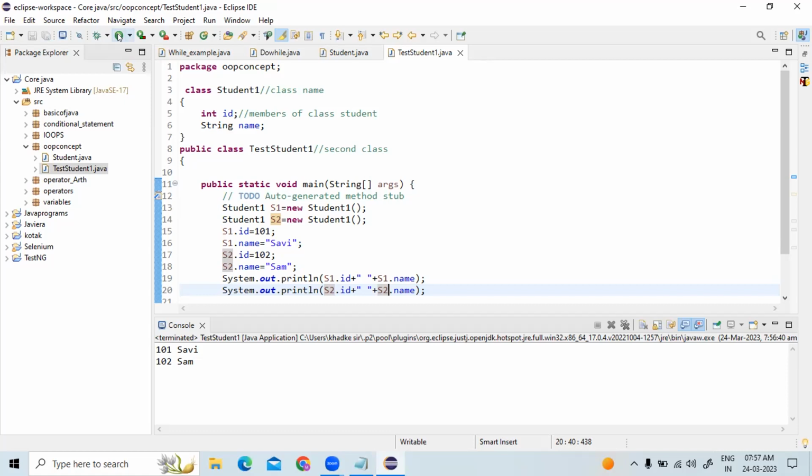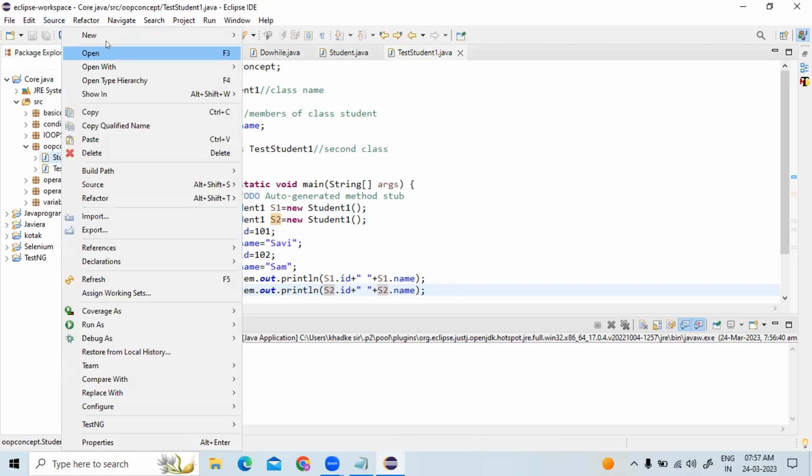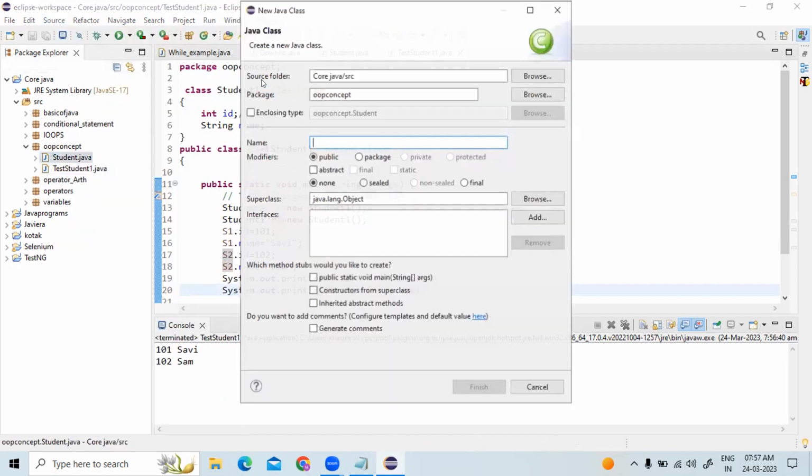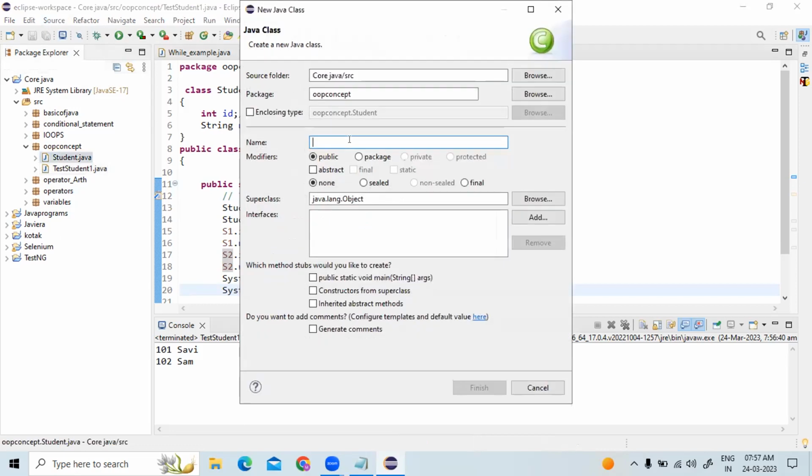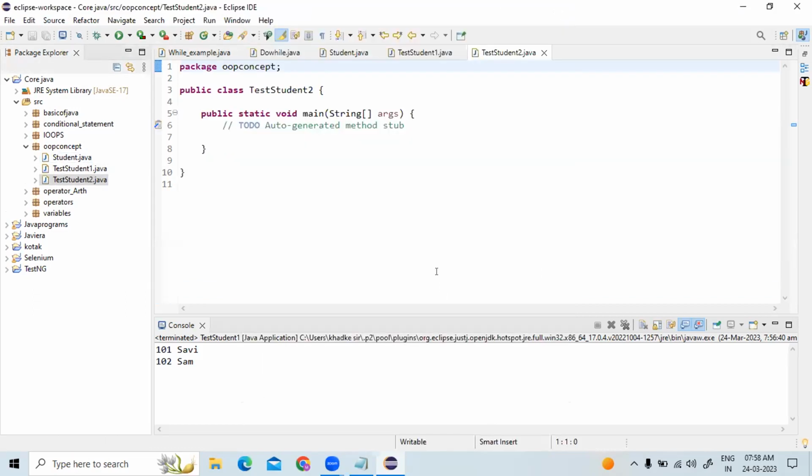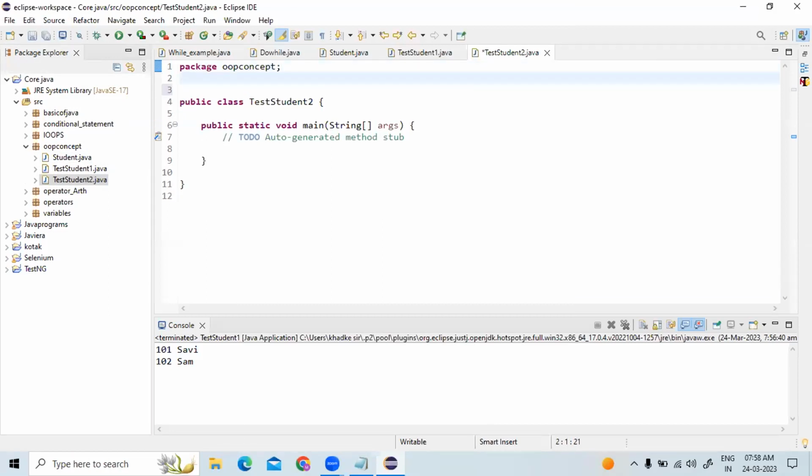So again, we'll do one code. A new one we will take. Give the name test. It is a bit interesting. Test student. Here we have taken the first. Now we are taking the second one. Public static void main. Finish. Now next to that, class